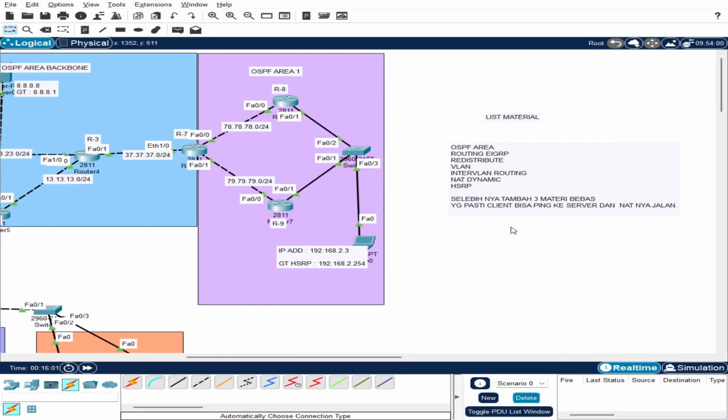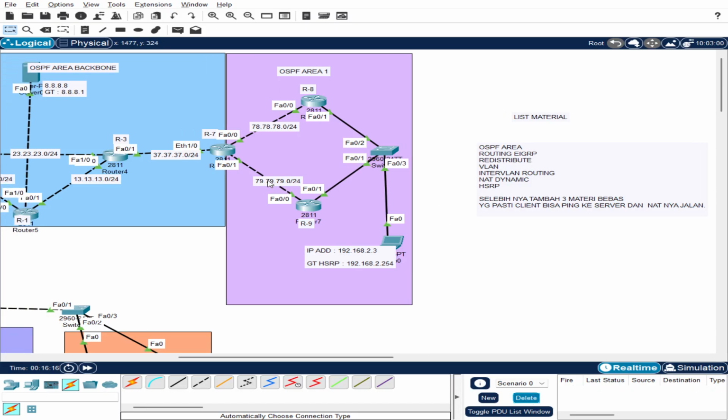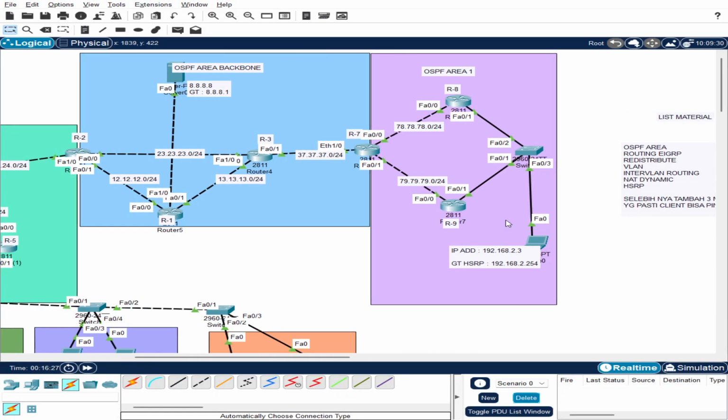And I put HSRP in here as well. When I ping from this laptop to this one, as you can see, it is successful because I already put NAT and HSRP as well, and the gateway is 192.168.2.254. That is the use of HSRP.